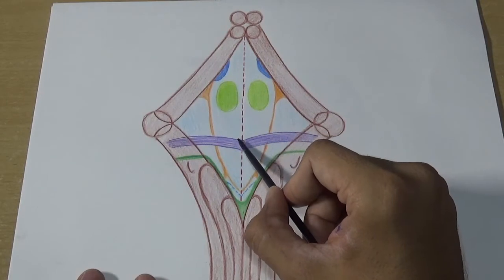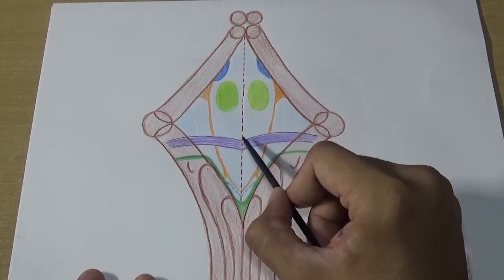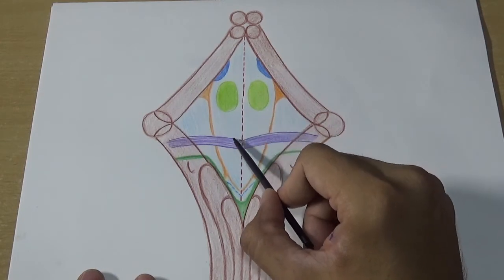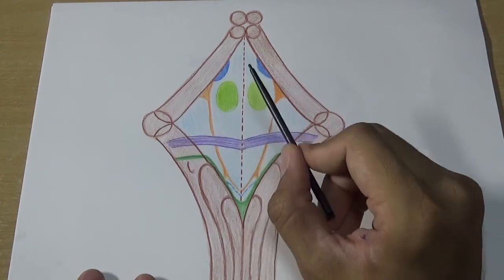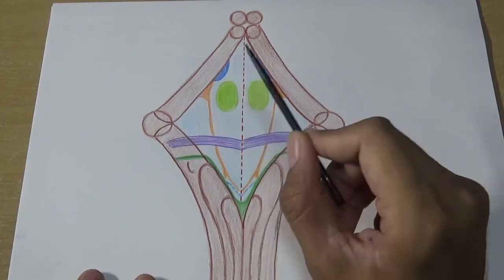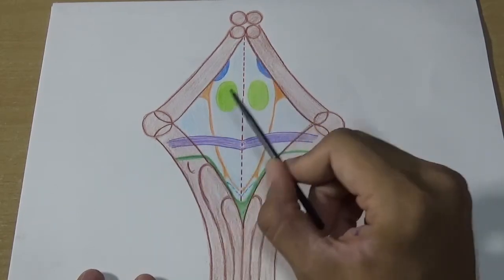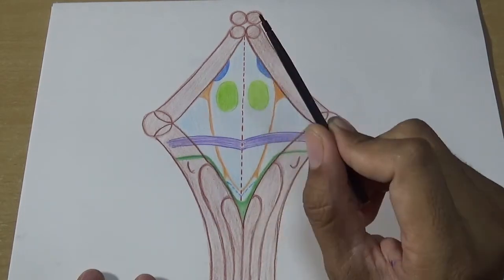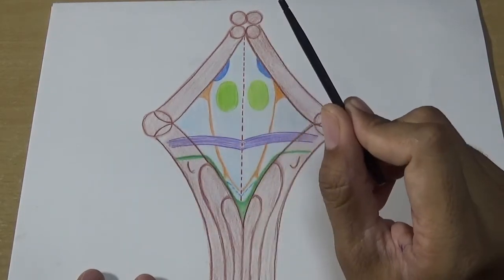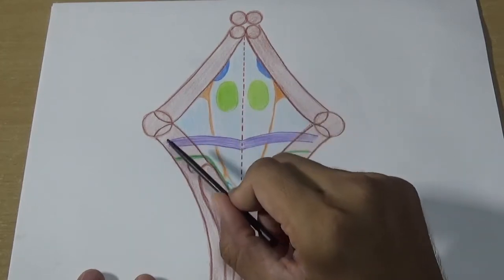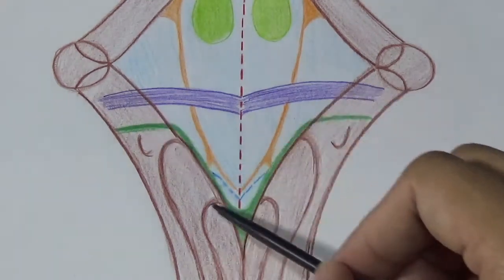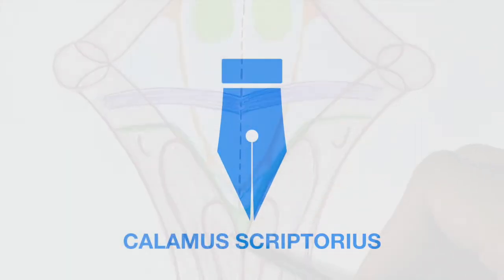Now what are these arcuate nuclei? These arcuate nuclei are nothing but displaced pontine nuclei. They are found in relation to the pyramid and they are providing an alternate pathway of corticopontocerebellar. So instead of the corticopontocerebellar pathway, there is an alternate pathway reaching the cerebellum via cerebral cortex to arcuate nuclei and to the cerebellum. So this inferior part of floor of fourth ventricle looks like a nib of a pen, and so it is termed as calamus scriptorius.